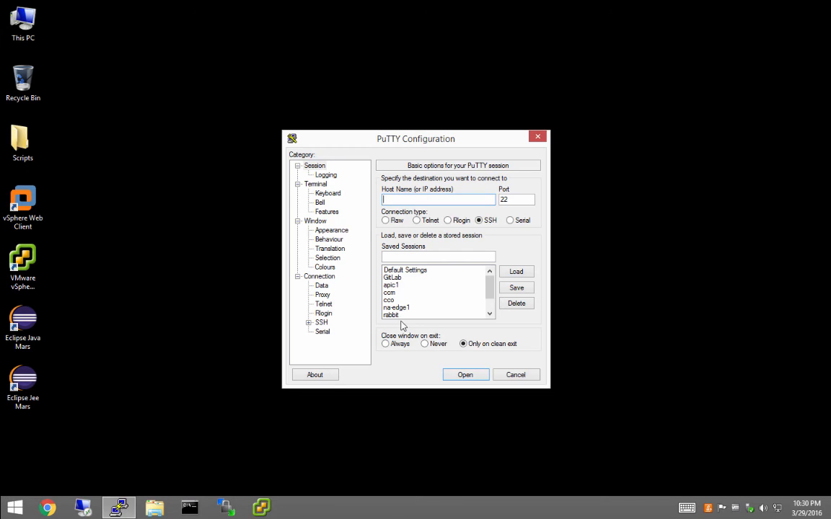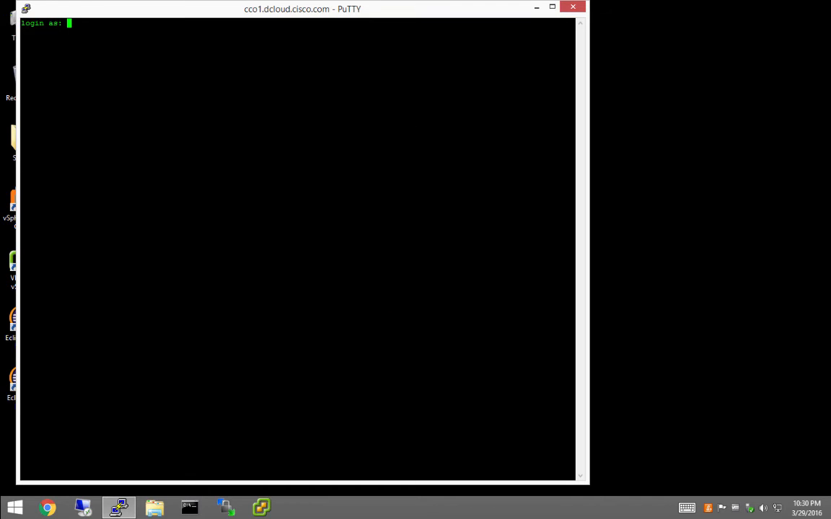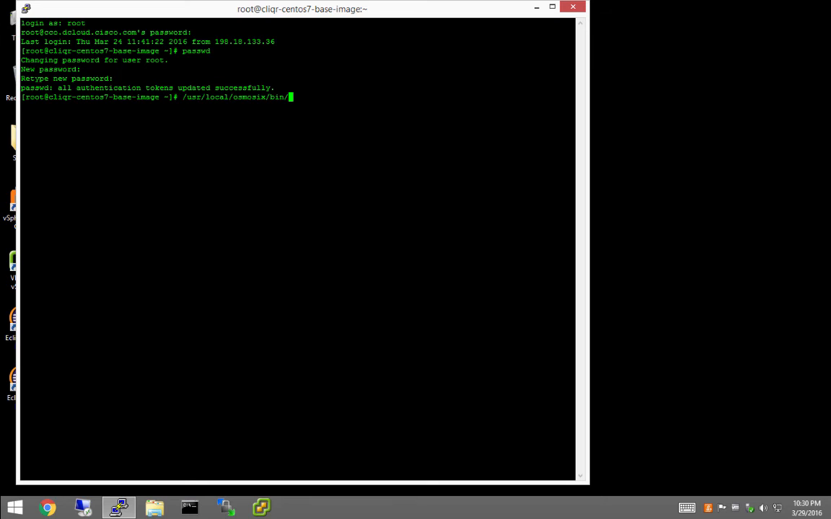Next is to SSH to the CCO machine to configure it. As with the previous appliances, the default username and password is root and welcome to clicker. It's recommended to change this password immediately. Run the CCO config wizard script